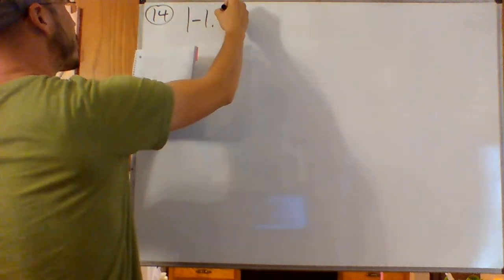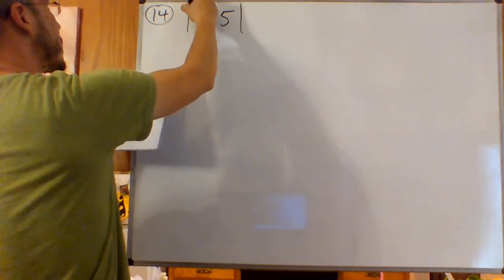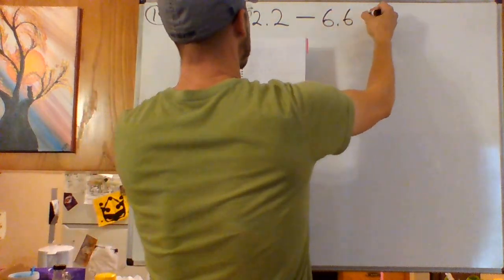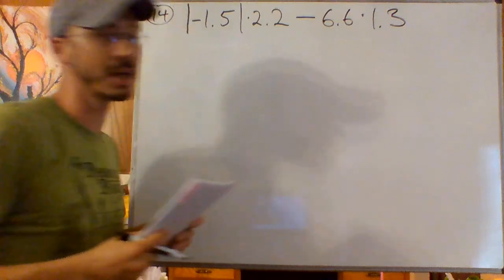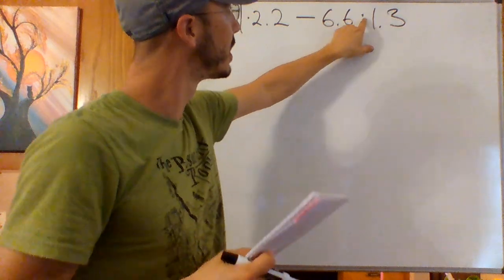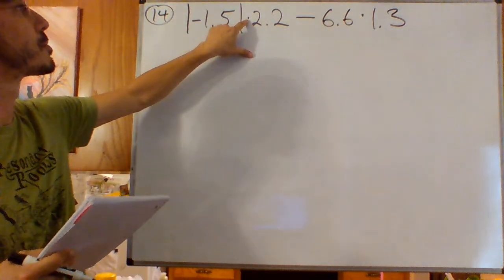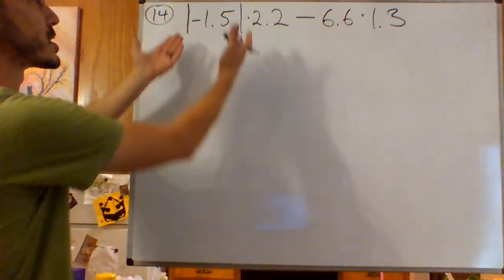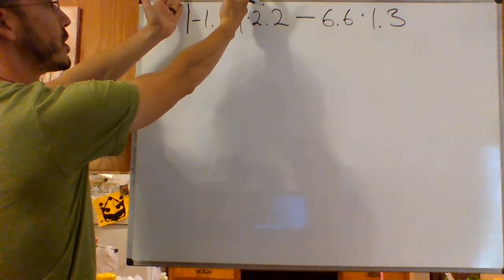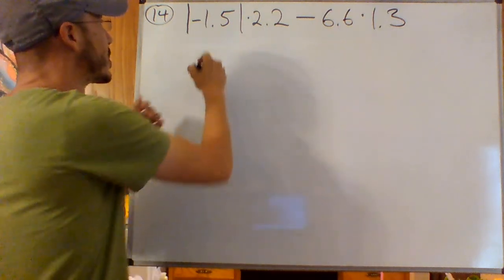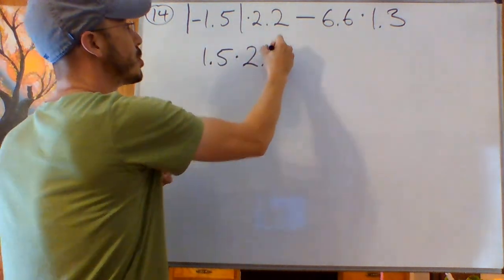For number 14, negative 1.5 in absolute value times 2.2 minus 6.6 times 1.3. And you got to be a little bit careful with your decimal points and your times dots. These are decimal points down at the floor, and then the multiplication dot is a center dot. Lower dots, center dot. The first thing to look for here is in the grouping symbol, absolute value of negative 1.5. It doesn't look like there's any operations there, but we can simplify it by writing just 1.5 times 2.2